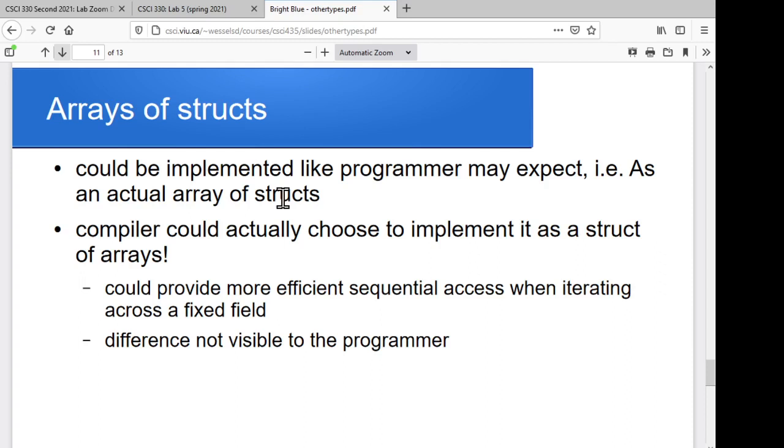So again, the obvious solution is to say, well, if the programmer asked for an array of structs, we'll implement it as an array of structs. Right? We know how big a struct is. We'll just create an array of things that size. And if you want to get at field S in the ith element, then you figure out where the ith element is, and you figure out the offset to field S, and you go that way. But the compiler might turn around and say, well,